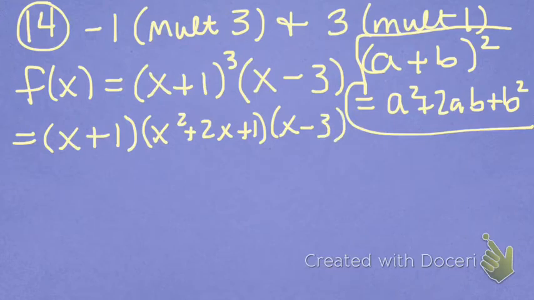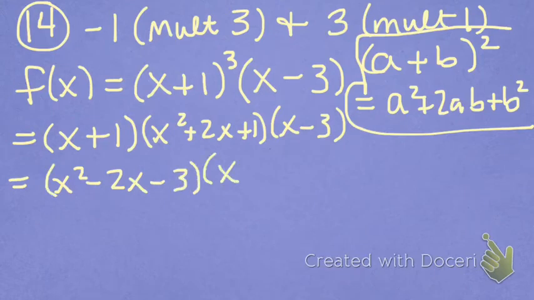And we can multiply the x plus 1 and the x minus 3, and we can do x squared, and our outer product would be minus 3, our inner product would be plus 1x, so that gives us minus 2x, and then the 1 and the minus 3 multiply to give us minus 3, that we'll multiply by the trinomial we created using the pattern, and we get